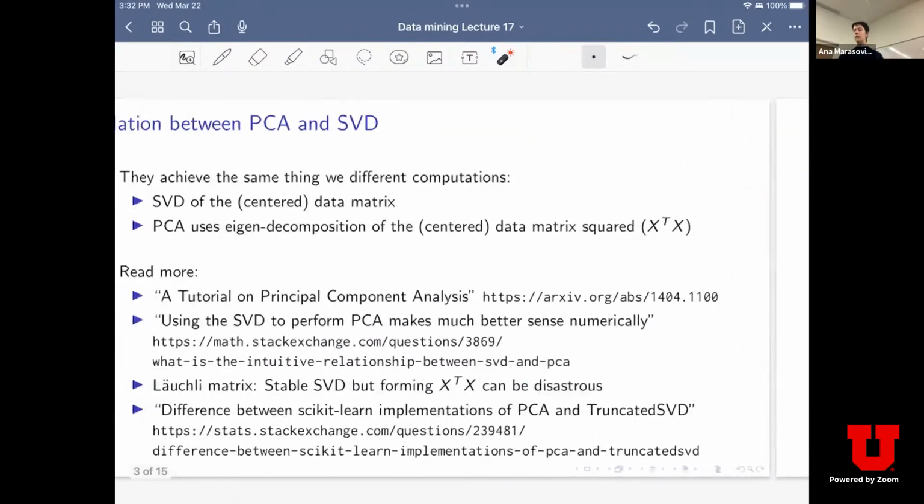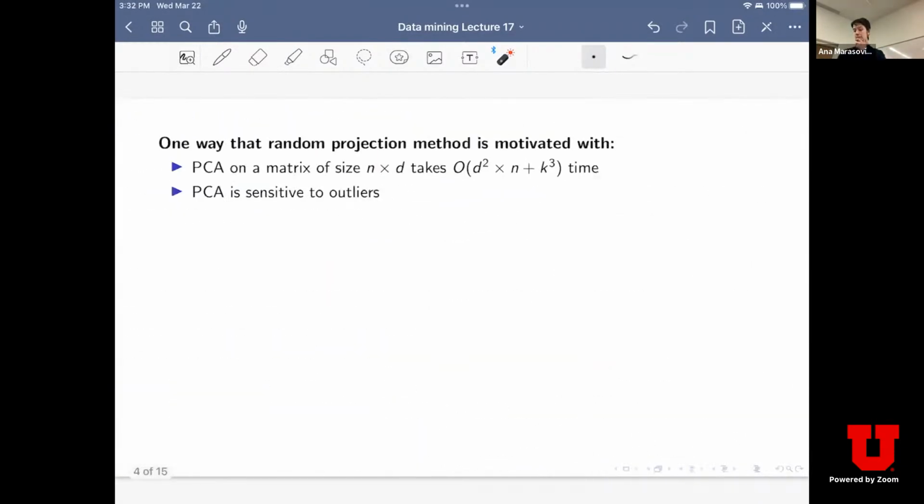Okay, any questions about SVD and PCA? Okay, was there a question? No, okay. So we are going to now move to another